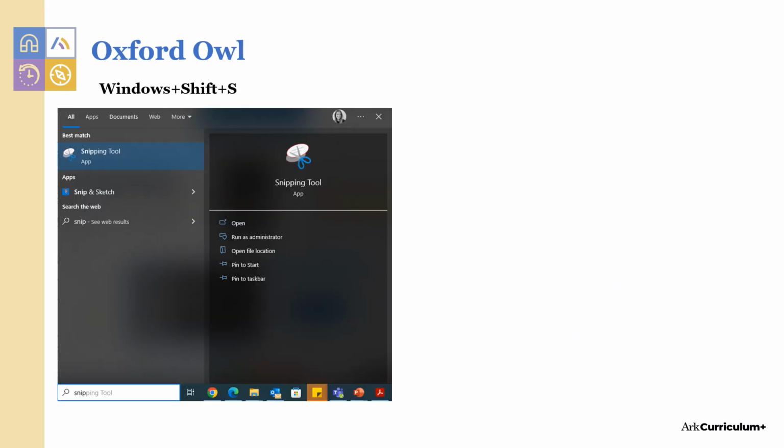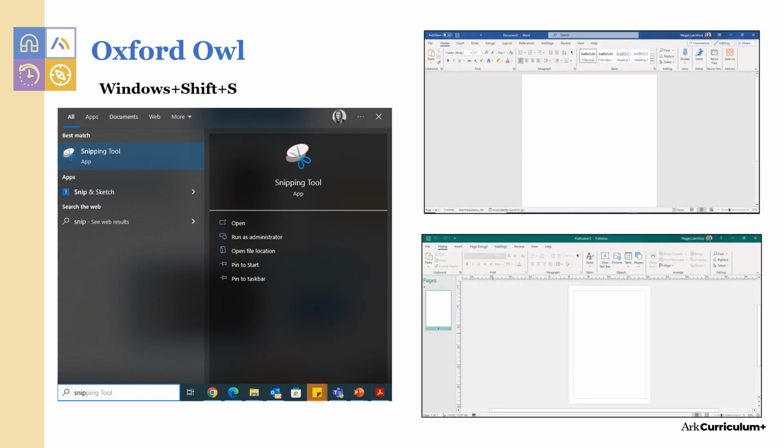Adapting activities can be easily done by using the ebook workbook and the snipping tool to paste the activity onto a Word or Publisher document and edit it. From there, you can print it and stick the adapted activity into your exercise book or directly over the workbook